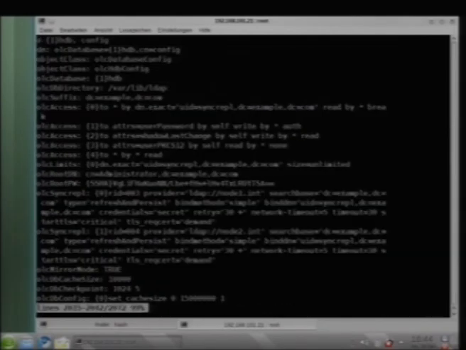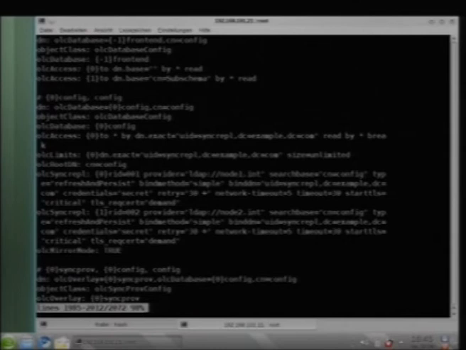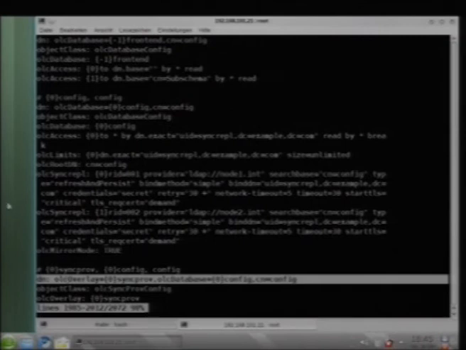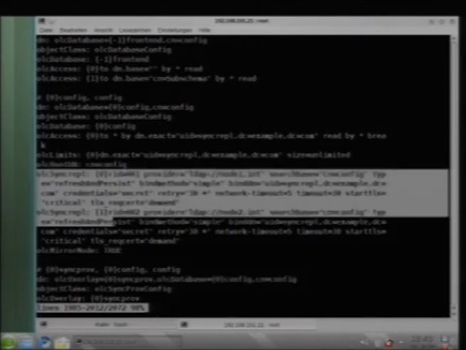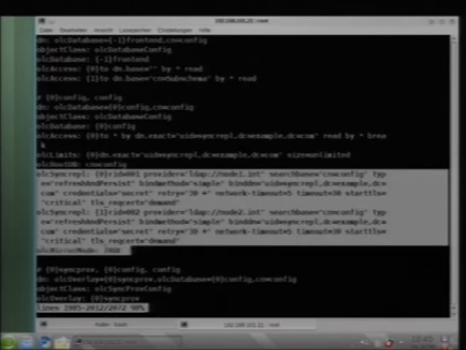You have to load the sync provider overlay on every database. That is this one. And you have to have the sync REPL configuration, which is this one. Every database needs to have a sync REPL configuration for every participating node. The sync REPL